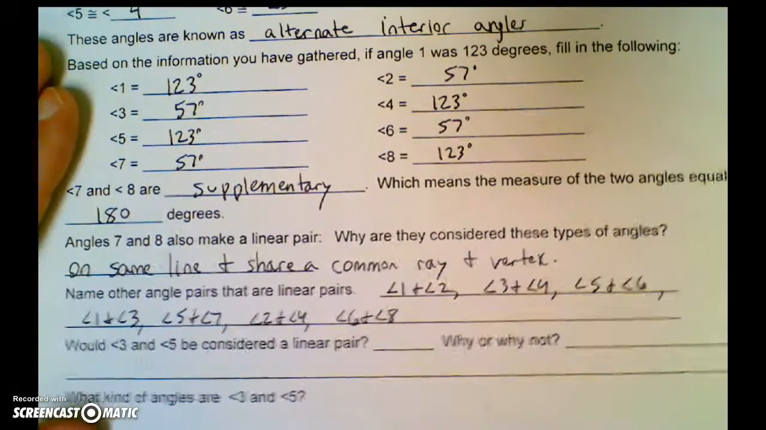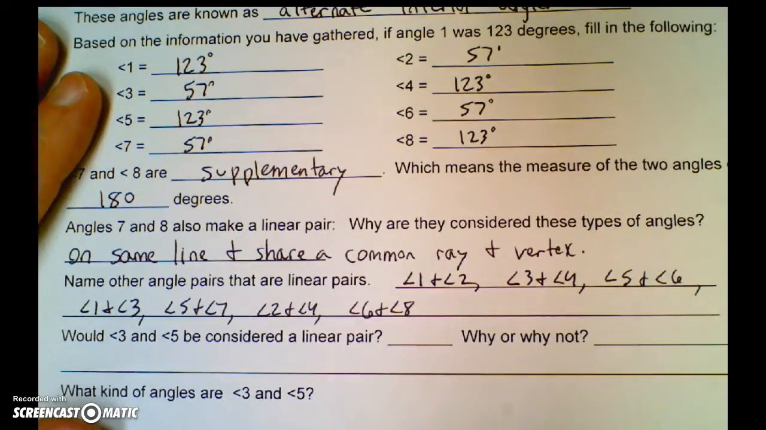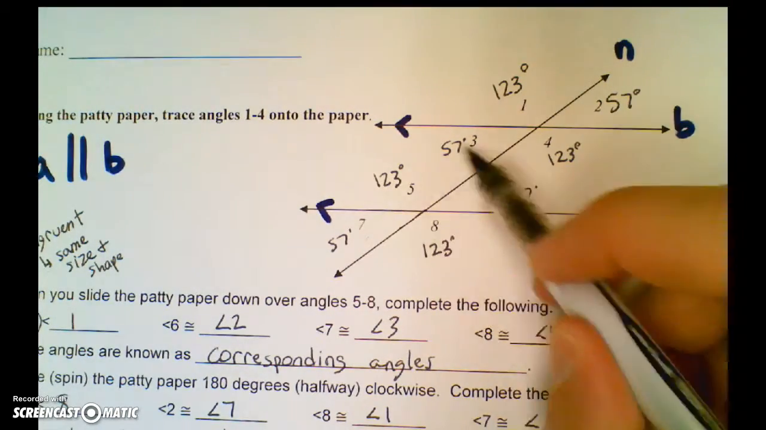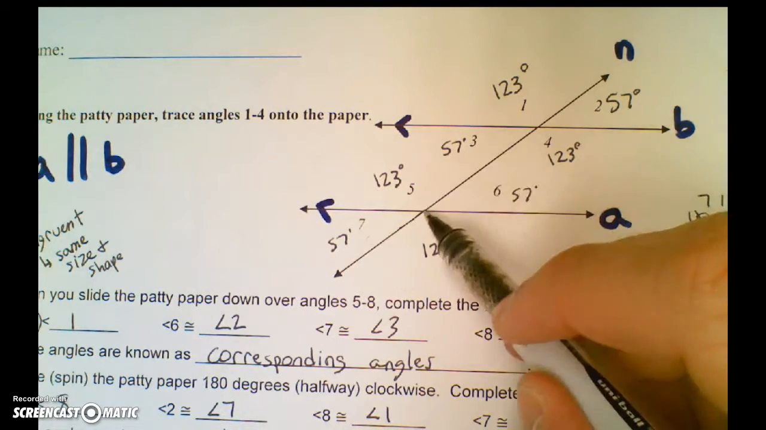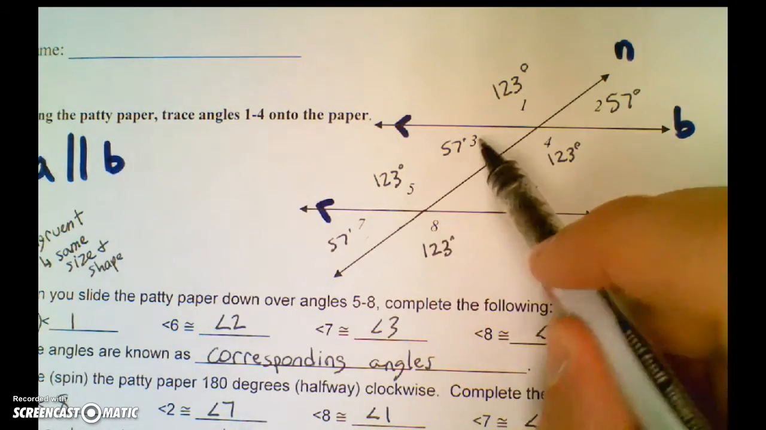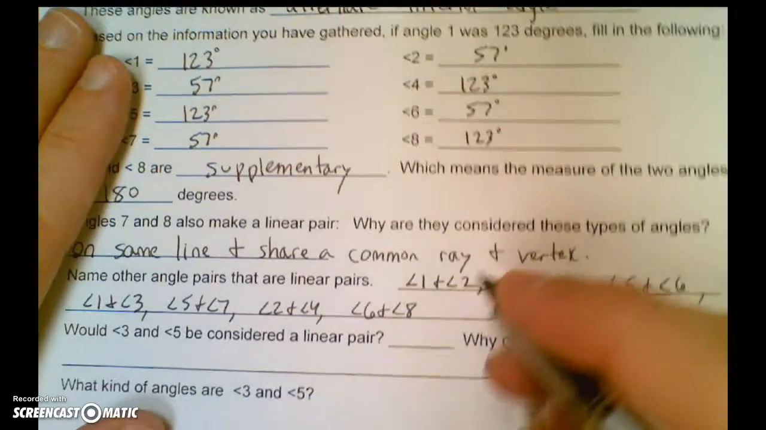Let's look at angles 3 and 5. Would angle 3 and 5 be considered a linear pair? Why or why not? Okay, so let's take a look at 3 and 5. So if we look at 3 and 5, 3 and 5 do have two angle measurements that add up to 180, but they do not share a vertex. They share this side here, but they're not right next to each other. They don't share a vertex, and they're not on the same line. So no, they are not a linear pair. 3 and 5 are not a linear pair